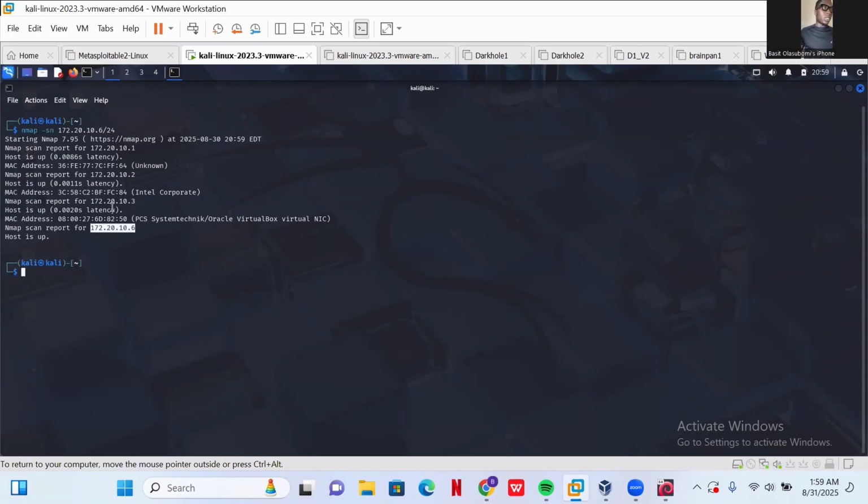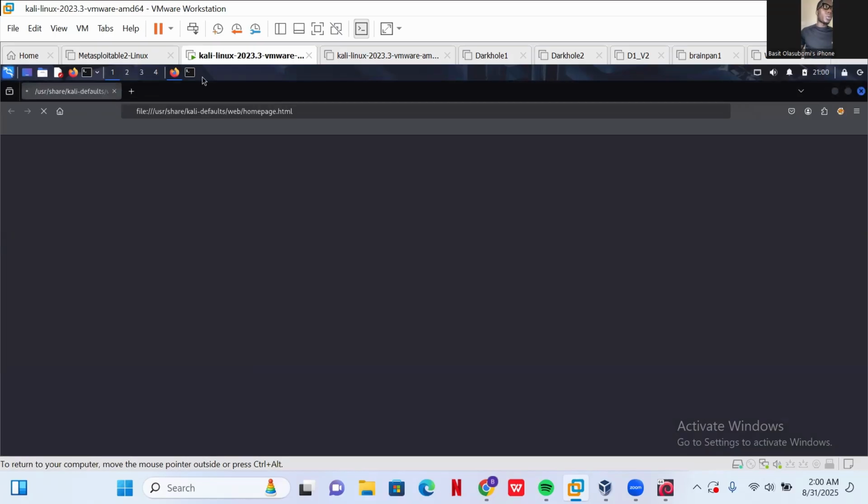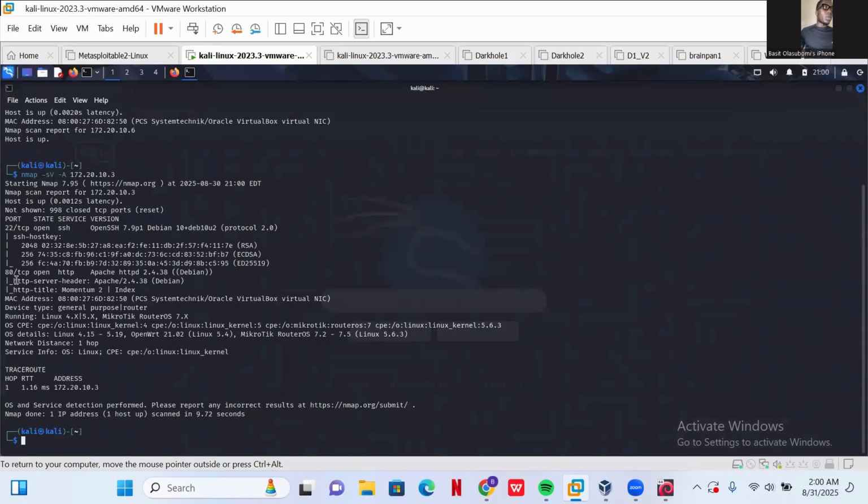So this is my IP address. I'm thinking this should be the IP address of the vulnerable machine. So let's go ahead and perform an Nmap scan on it, enabling the service detection flag and the aggressive scan flag. You can also go ahead and enumerate it using your web browser. Here the Nmap scan is out, and you can see it has port 22 and port 80 open,